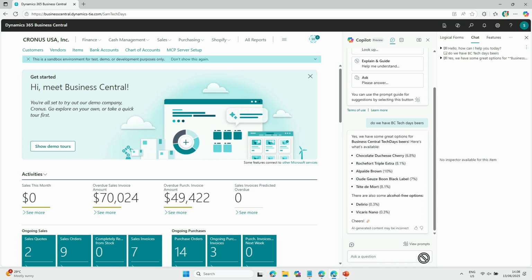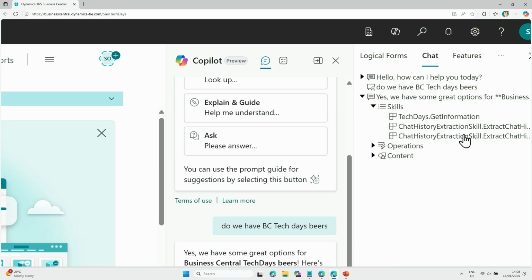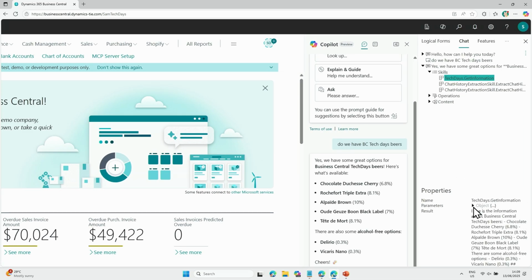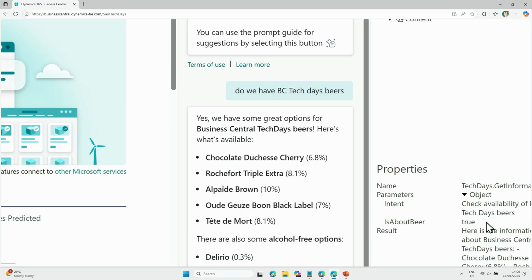Yeah, question in this case. So yes, here are the beers which look announced yesterday, and obviously we try them out. And to prove that it's all real, which it obviously is, on the right side we have a more engineering pane. But what I want to show is that when the chat was running, it figured out that there is a new skill, and that skill can help us with a user intent.